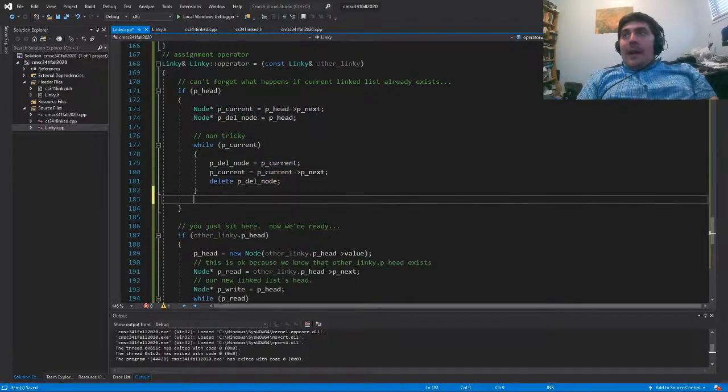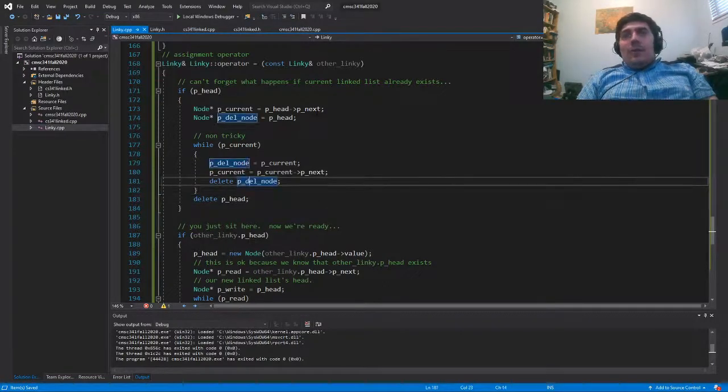I think at the very end we also have to delete phead. Because if you trace through this, what this is going to do is this is going to delete